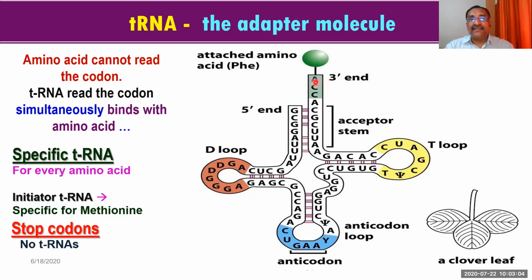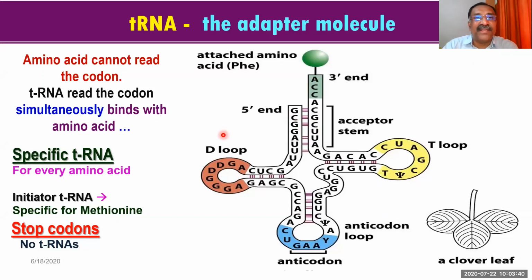So at the 3' end, there are free nitrogen bases called ACC, and there the amino acid gets linked, that is, connected. But we can see that for every amino acid, there is a specific transfer RNA. That means if 20 different types of amino acids are there, a minimum of 20 different types of transfer RNA is required. You got the point clearly, friends, now? So for every amino acid, a specific transfer RNA.